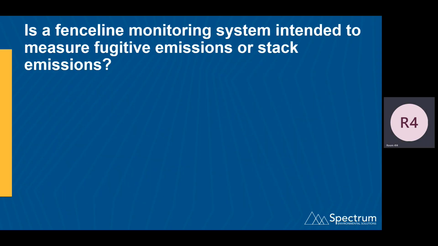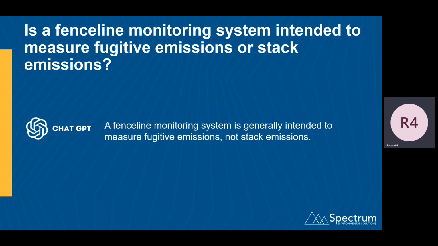All right, so this is my last slide where I lean on ChatGPT. I asked ChatGPT, is Fenceline monitoring intended to measure fugitive emissions or stack emissions? ChatGPT's answer: generally intended to measure fugitive emissions and not stack emissions. So that's all pretty basic stuff, but